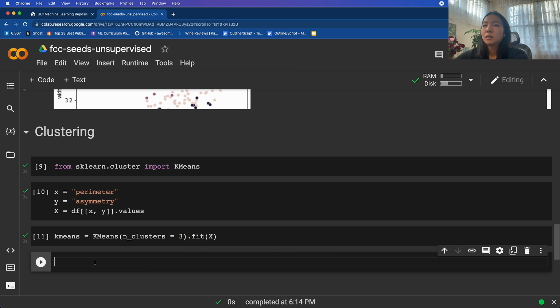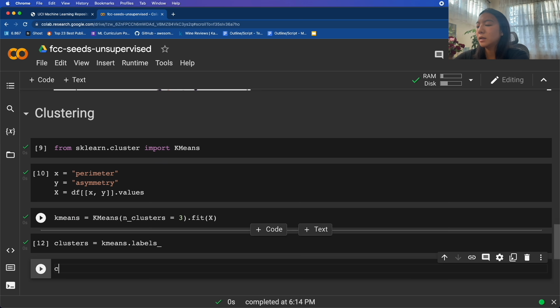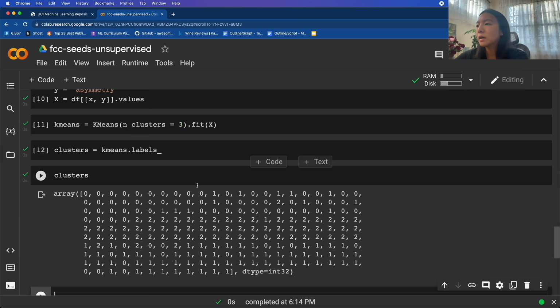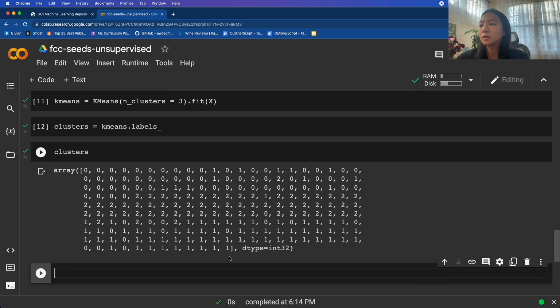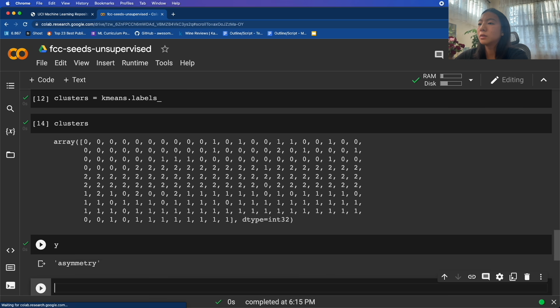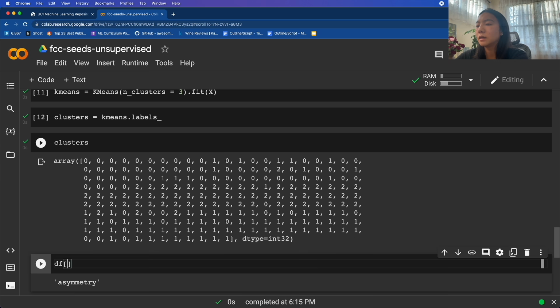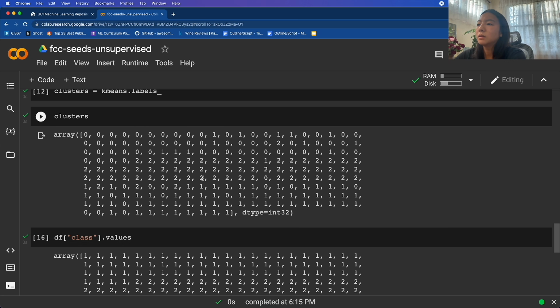Right. So, if I create these clusters, one cool thing is I can go to the clusters and say k-means.labels, and it'll give me its predictions for all the clusters. And our actual, oops, not that. If we go to the data frame and we get the class and the values from those, we can actually